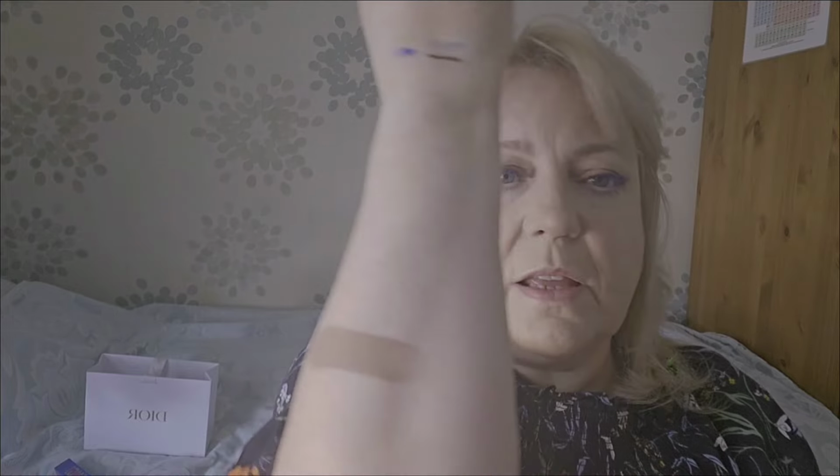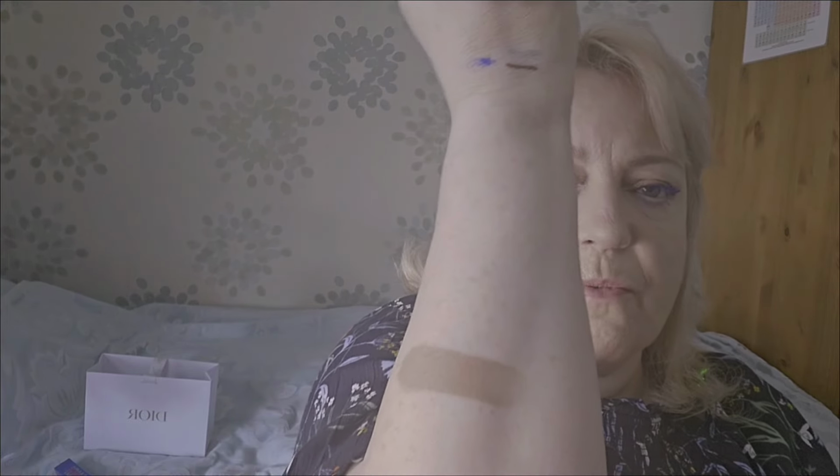I'll blend that out actually and just show you it blended out. So if you can see that there, I've blended it out. Let me do it here. So there is the Dior number 1 light contour stick. And I'm going to put it on my face first and then I'll show you the...